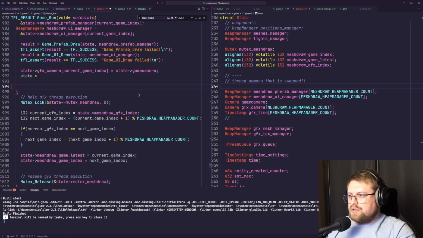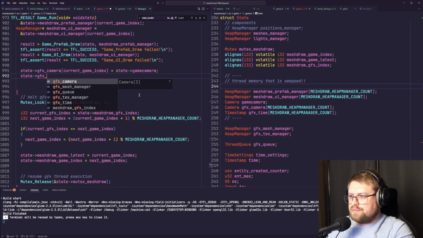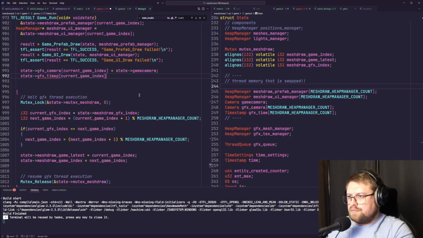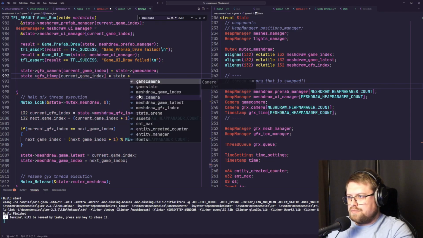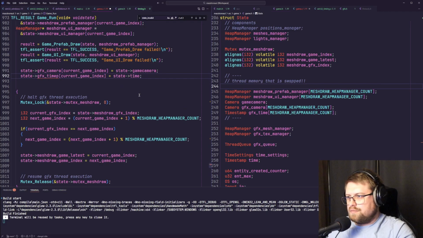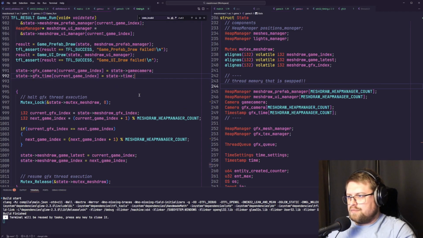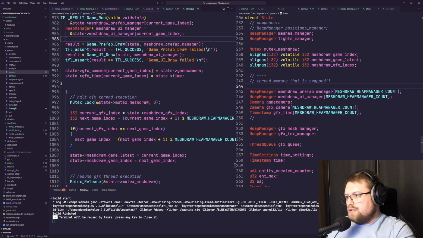This we don't need anymore. Yeah. So now in OpenGL,